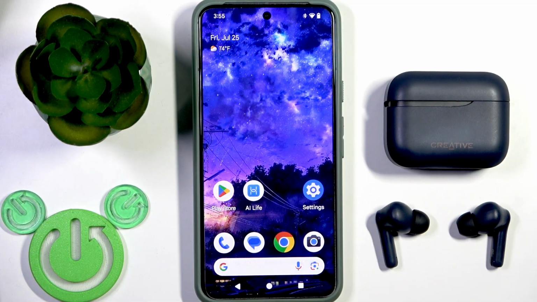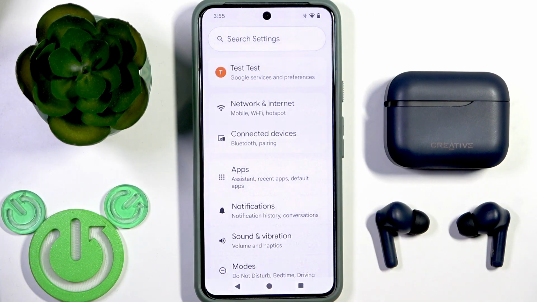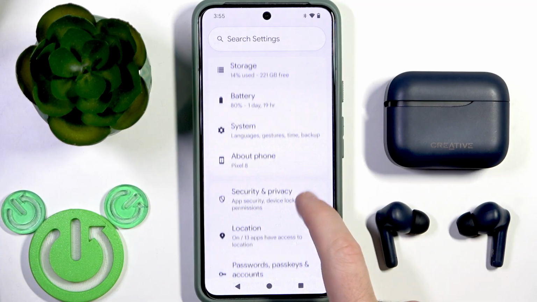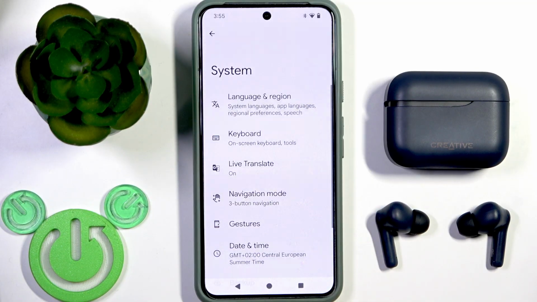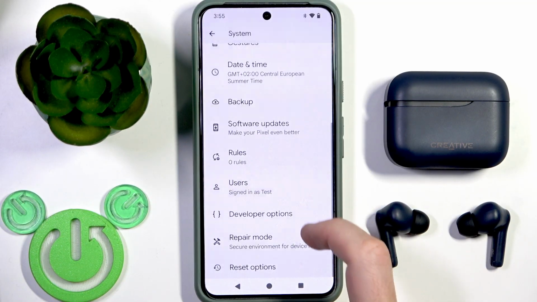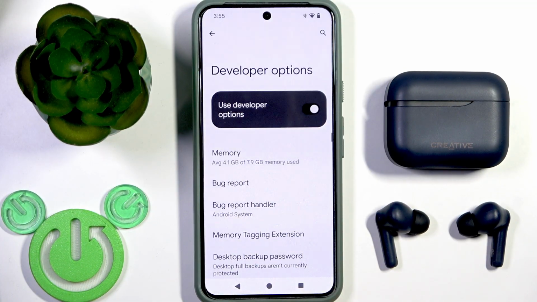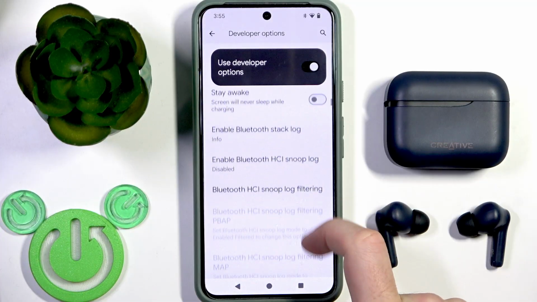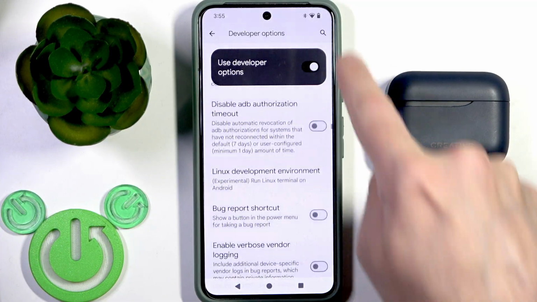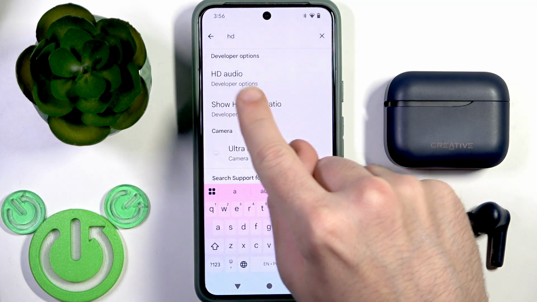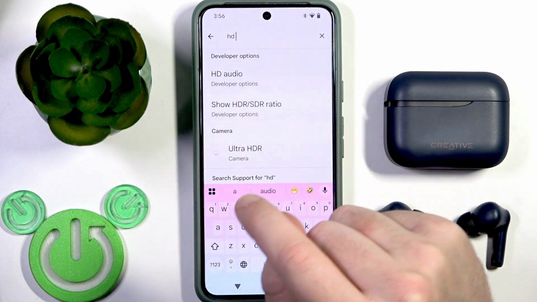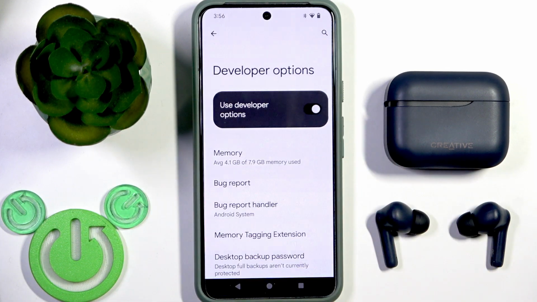Now, after you enable it, you need to go to the settings, then scroll down and find system. Click on system, scroll down again, and right here, at least on stock Android, we have developer options. Enter into developer options and scroll down and find HD audio, or you can use search and write HD right here, and as you can see, we have it located in the developer options. Tap on this line